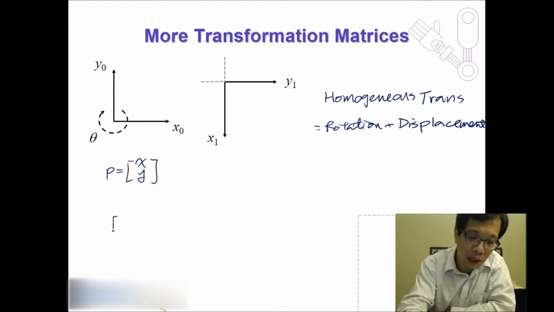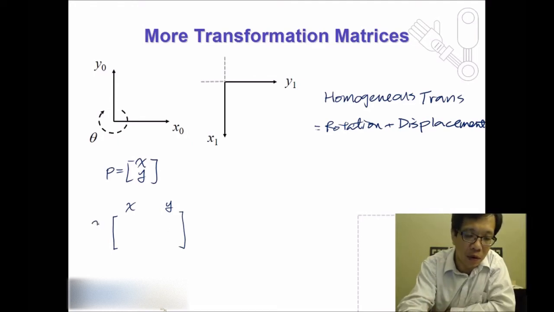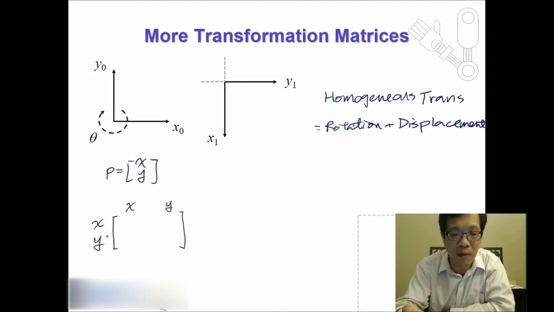The basic idea is that we have x component and y component as two columns over here, but as rows we also have x component and y component. So what does this really mean? When we have a matrix like this,